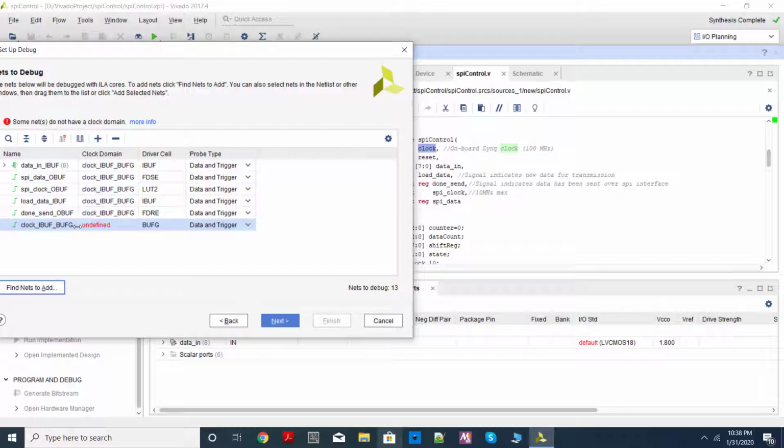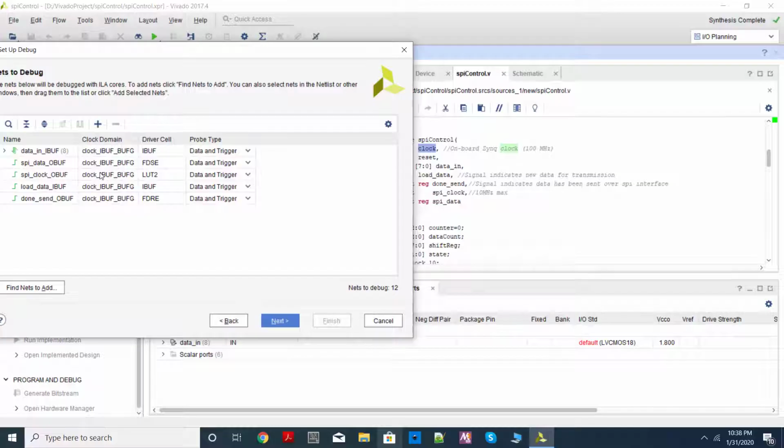Now this is a serious issue. You want to see this clock, which is a clock, and you cannot capture that clock using the same clock. So never try to capture a sampling clock. Okay, so don't get confused. Here you are capturing SPI clock, which is not the sampling clock. This is not the clock used for sampling the signal. The signal used for sampling other signal is your input clock. So it's perfectly fine to capture SPI clock using this particular clock, but don't try to capture this clock using